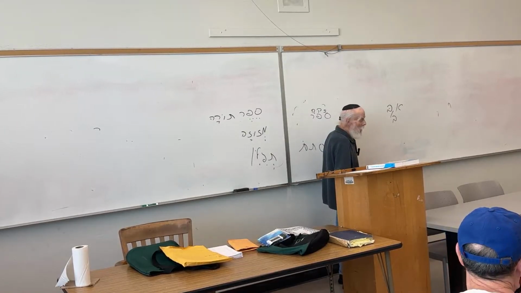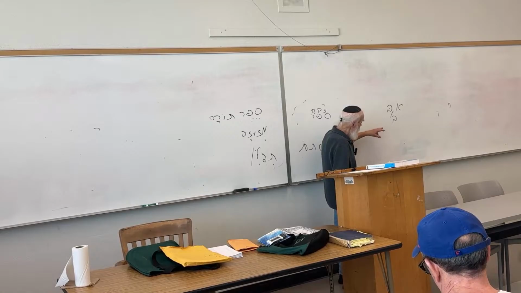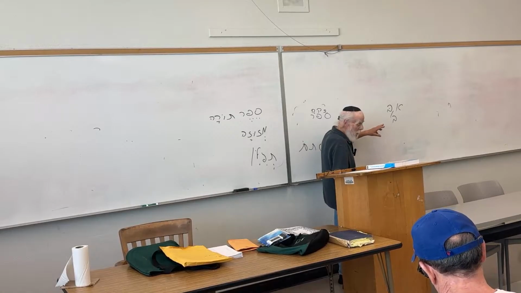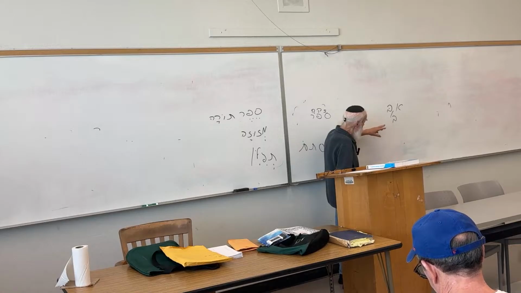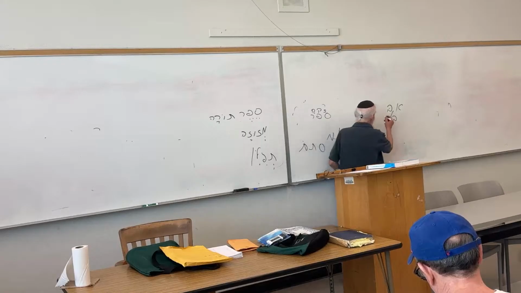So the bet with the dot is bilabial? It's bilabial. It's a B sound. Right. The one is called the bet. She has a transliteration there, and the other one's called the vet. The vet is a labiodental. It's a V sound. And then she gives you the gimel letter and the daled letter, but I will give